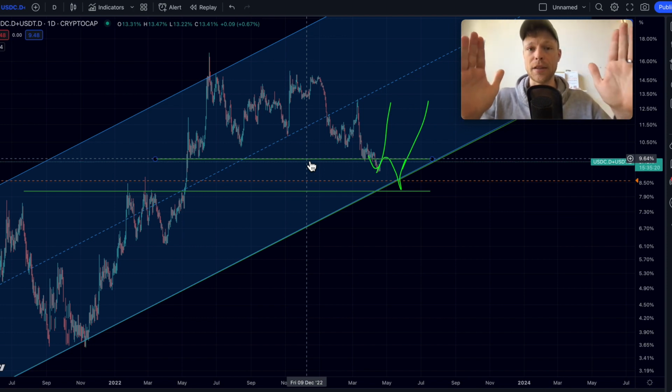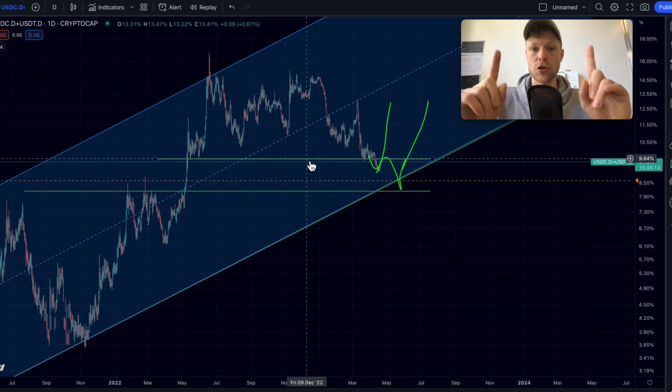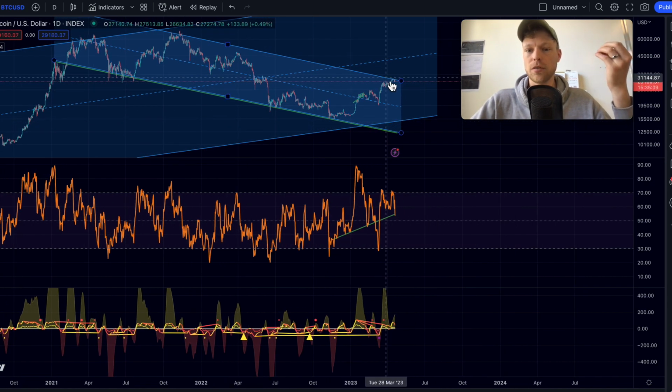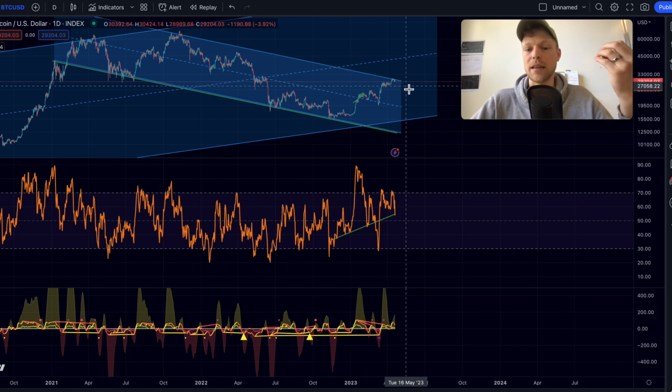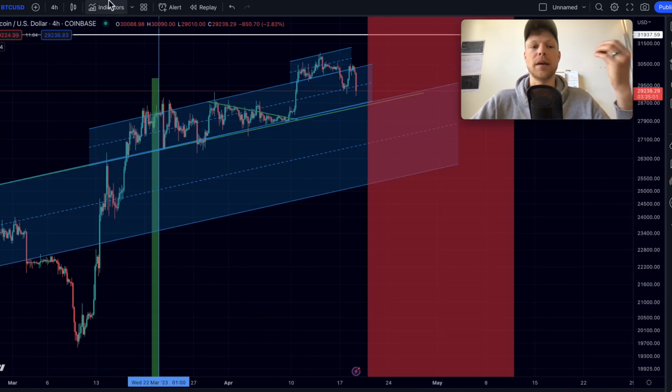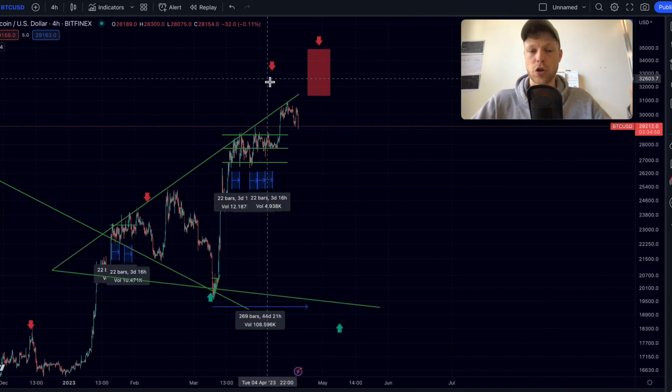Most likely Bitcoin will dump very soon. We are going to see a correction. The only thing that is unsure is that it might not be directly right now, it might be in a couple of days from now, or it might be happening today. That is the only thing that is basically unsure, but it's quite sure that Bitcoin is going to see a